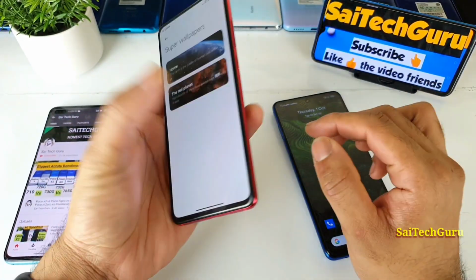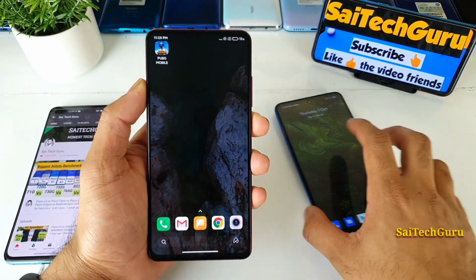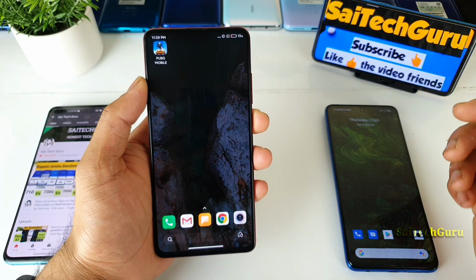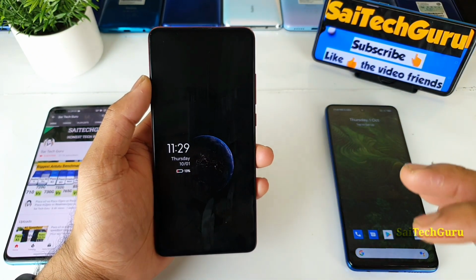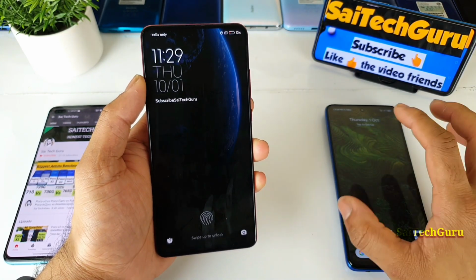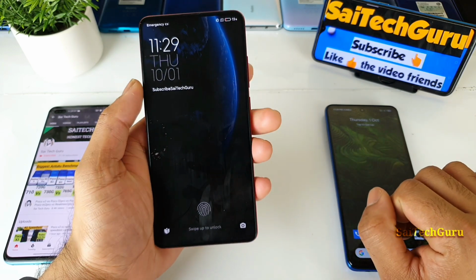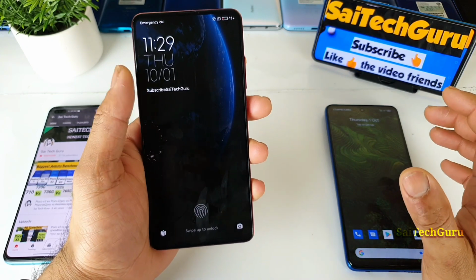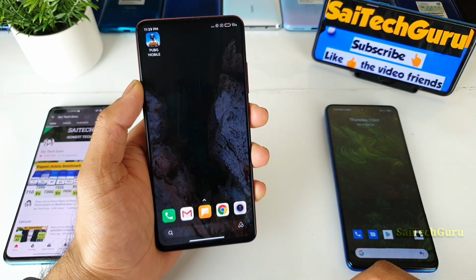This is the Redmi K20 Pro, on which I have enabled the always on display functionality as well. Just observe the animations, how good it looks on the Redmi K20 Pro. As you can see, friends, you get that kind of very good effect on the Redmi K20 Pro, but you cannot find it in the Poco X3 smartphone, because the Redmi K20 Pro has the always on display functionality and an AMOLED panel, and the Poco X3 doesn't have the always on display, and it's not integrated with the wallpaper. That's why you cannot see this kind of option.